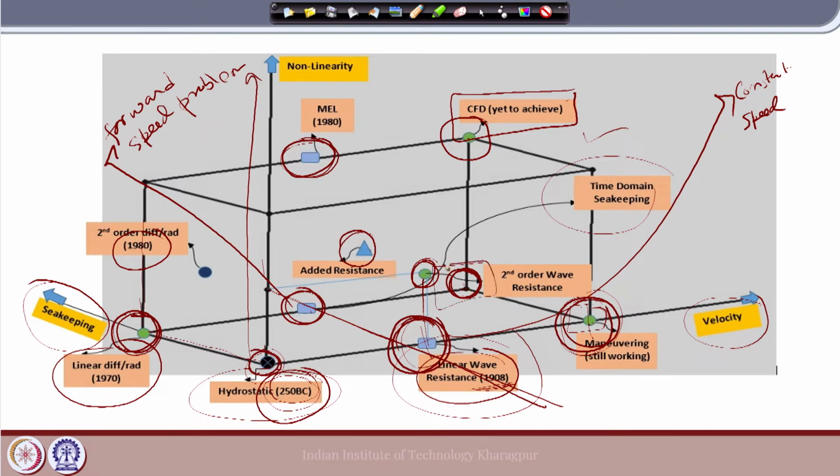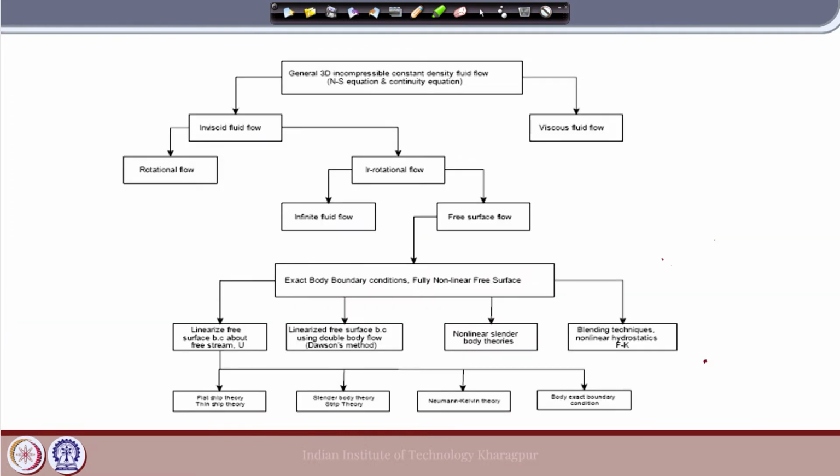Even now this becomes a huge problem for us. We do not have a very consistent solution for this. However, our course is mainly focusing on this green circle. This is one, and another one is this one. Okay. Now, let us see